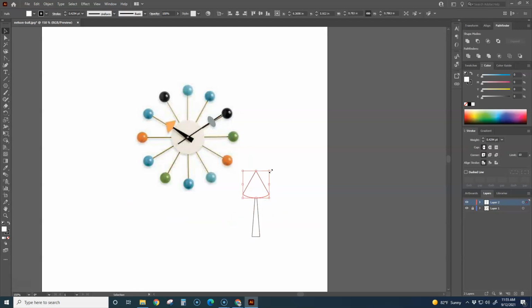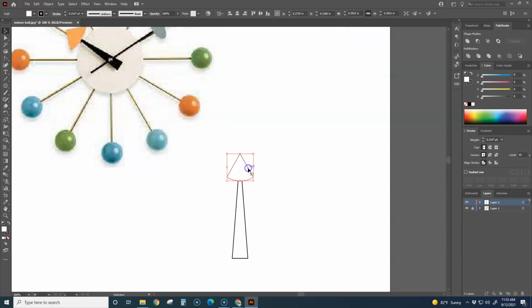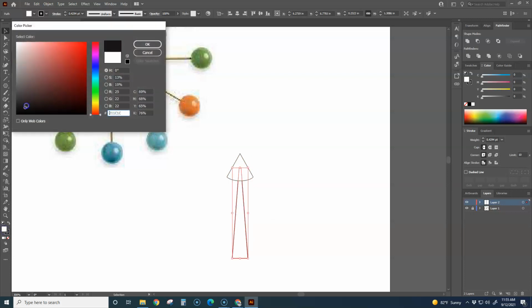Kind of add a scale here, so I'm going to make it about yay big. Select both of these, center them, and in this case I am not going to combine them because the arrow is going to be a different color than the body. So the body, I'm going to make it black,